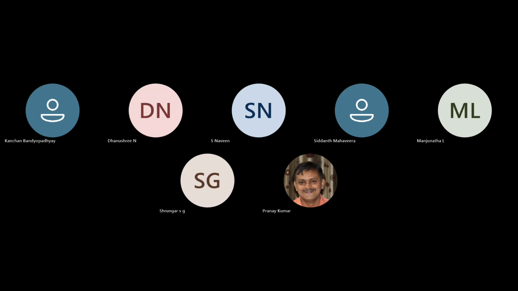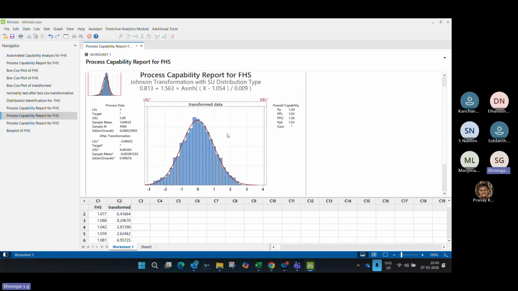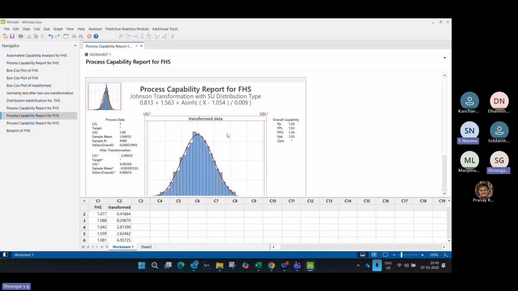And also, sir explained the difference between CPK and PPK, long term and short term. I'm sharing my screen now. Basically, it depends on whether the data is collected over a short period or a long period. Here it's just terminology. If we consider the period, it's a transformation method only. PP means CP, PPL means CPL, and PPU means CPU. Yeah, I got it.